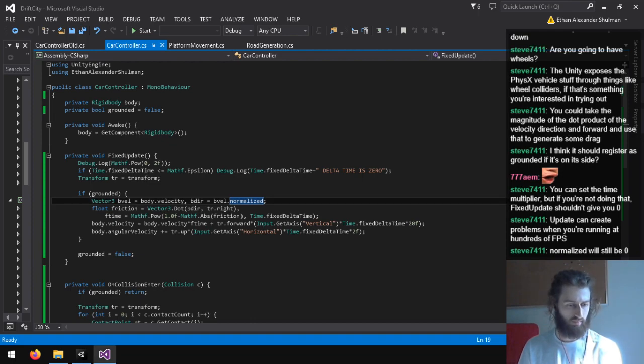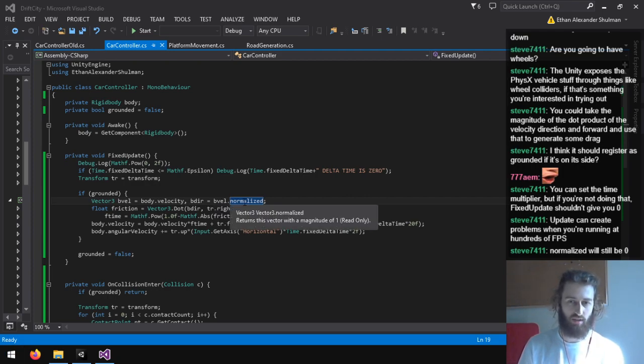So, normalized will still be 0. Yeah, so this literally doesn't make sense. This does not make sense.